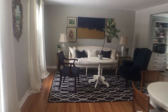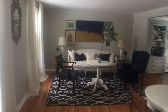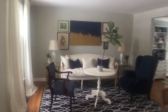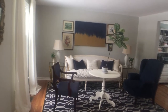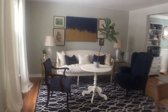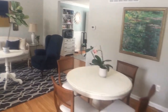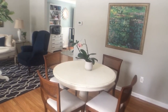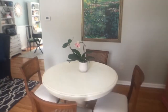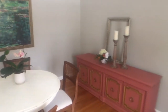Hey guys, we are looking at my living room now. So when you walk in the front door, this is the first room that you see in our house. And I've sort of set it up as a kind of sitting area. I did a high table, so maybe if you wanted to have some tea or have a glass of wine, it kind of looked appropriate for that as well, instead of just a coffee table. And over here, I set this up as a game area, so the family could sit here and play checkers or Scrabble or Monopoly or whatever game that we feel like playing when it's cold outside and there's nowhere to